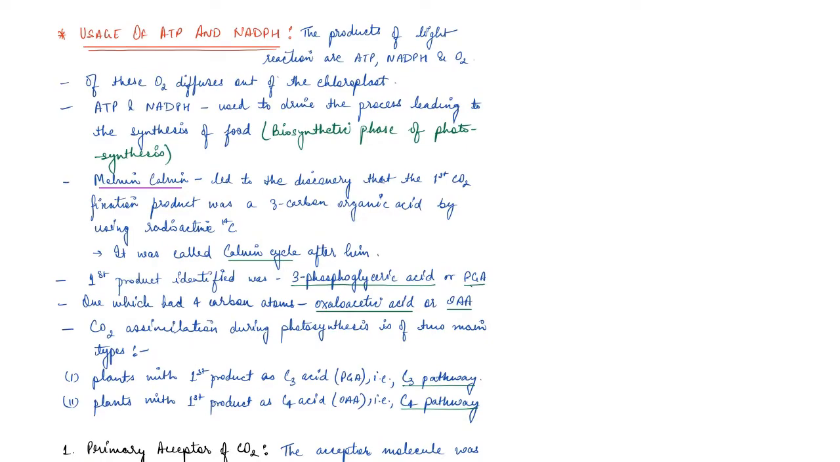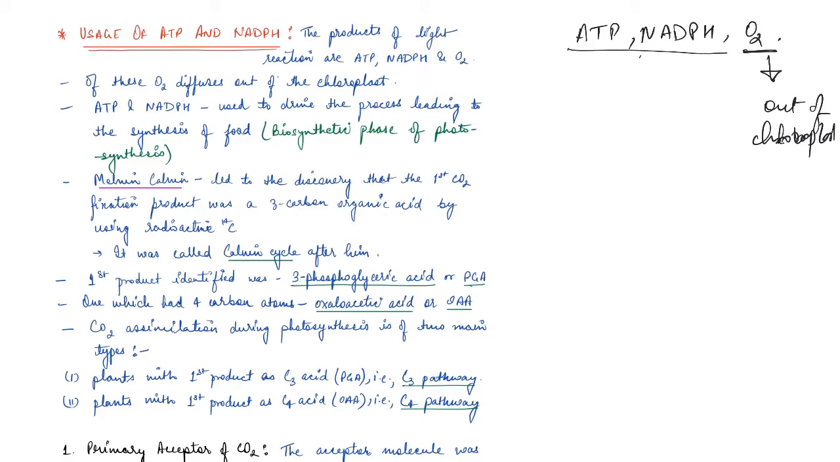So we have ATP or NADPH or oxygen molecule, which is released as products of light reaction. Now, out of these, this oxygen diffuses out of the chloroplast, right? So this basically goes out of the chloroplast, right? While the ATP and NADPH, both of these are used to drive the processes which lead to synthesis of